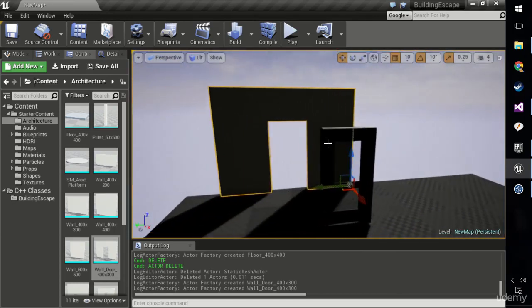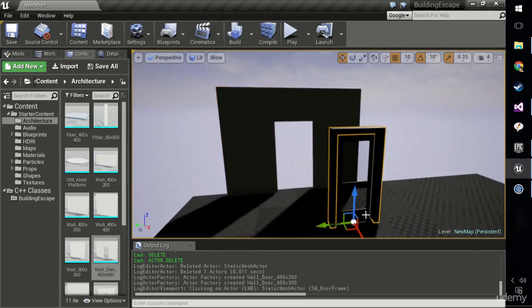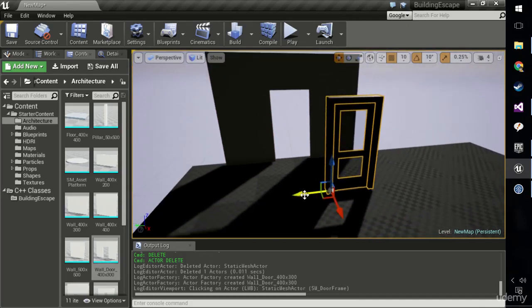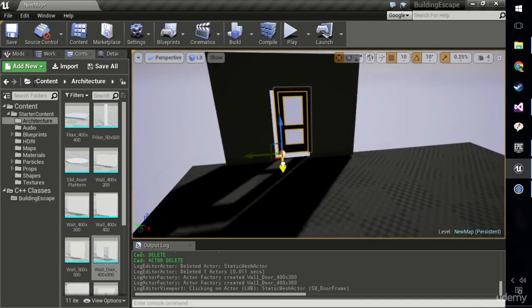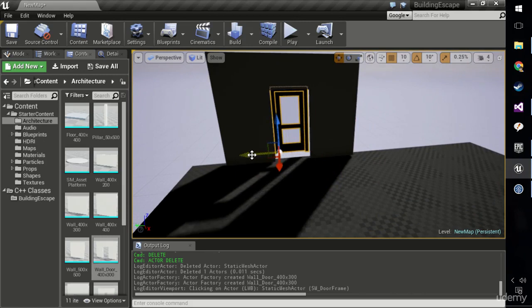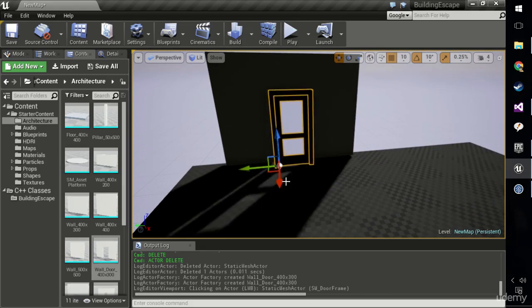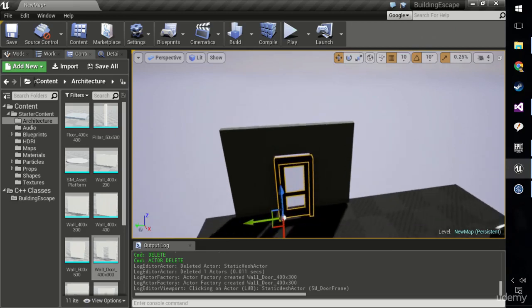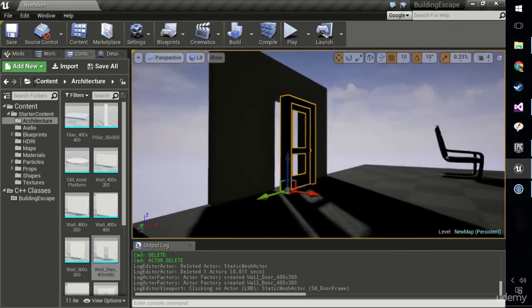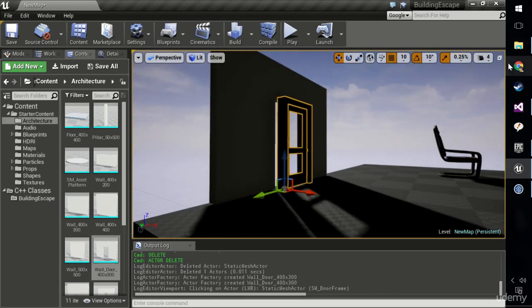Then how do we get the door in? Well, we've already actually got a door and a door frame here. We could select the two of them by selecting one, holding Shift and selecting the other. And now we can just move the door into the frame. I'm going to use the End key above the floor to put it on the floor. And then I'm just going to put this frame snugly in here. Now, there's another view I want to show you before I slide this frame in, which is if we click